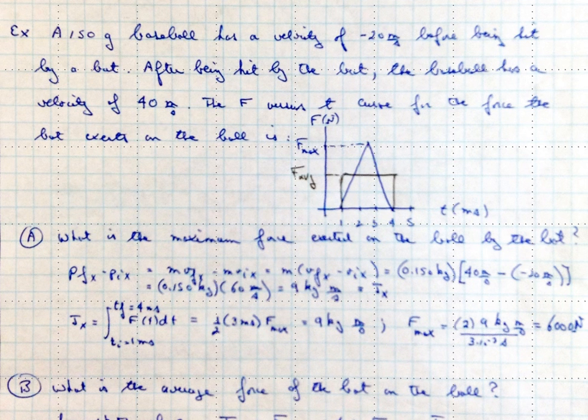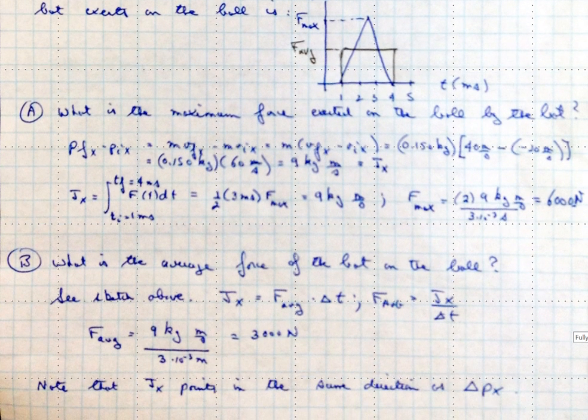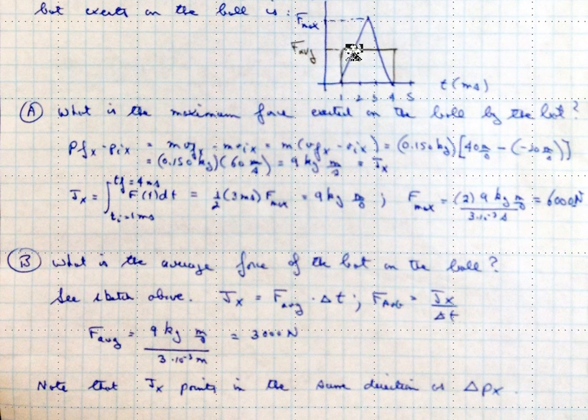The second question is what the average force is of the bat on the ball. In order to conceptualize that, we assume that the same constant force acts for that same 3 milliseconds. Clearly, in order to have the same impulse as the original force, which must be true, the area under this rectangle must be the same as the area under the triangle. And so using that fact, we can deduce that the F average